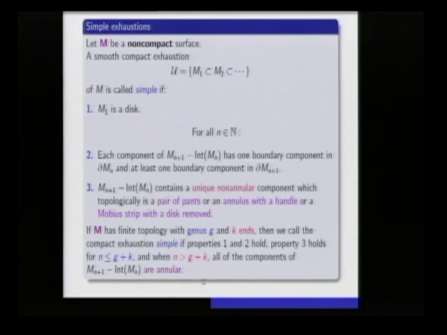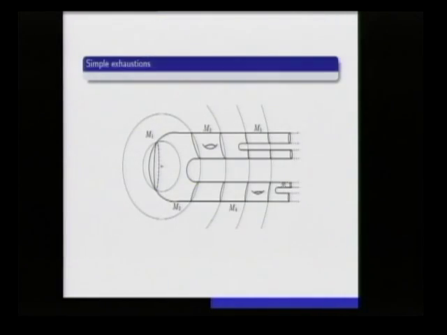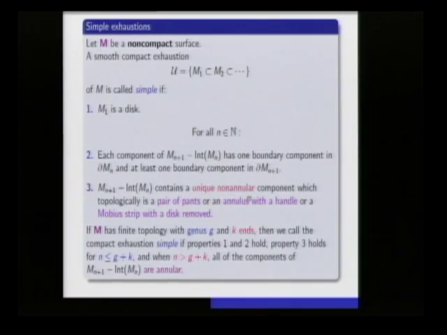The only thing that's different here is that when you go from one stage to another stage, for example, a pair of pants is interesting. Genus 1 is interesting. That's the only thing that happens when you're orientable. If you're non-orientable, I could have a Mobius strip with a disk removed, or I could think of taking two disks out of the projective plane. So I could have somehow non-orientable pieces appearing. So that's this right here. It could be a Mobius strip with a disk removed. Other than that, for orientable, I don't have those, but for non-orientable, I do.